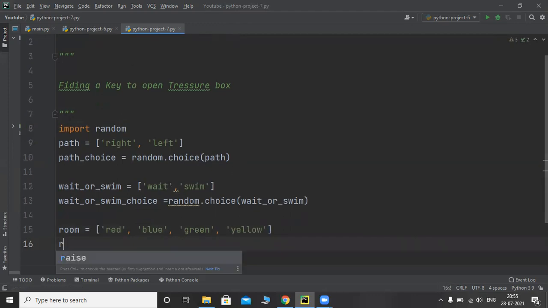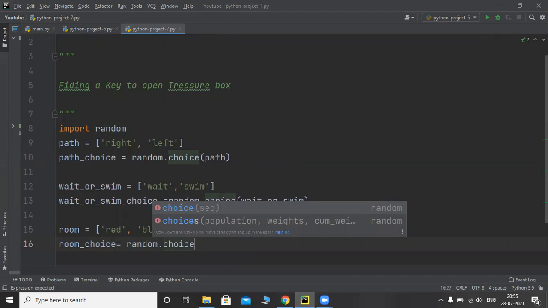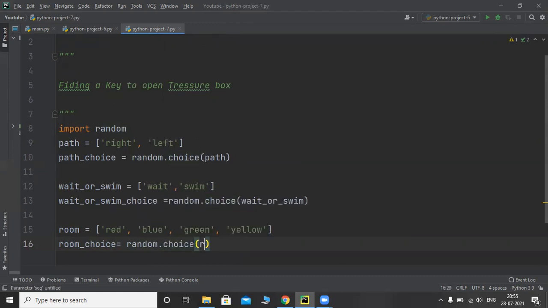So this also, room_choice equals random.choice, and here also we pass the room variable. So we created the variables successfully.